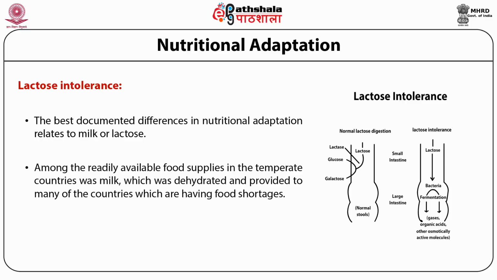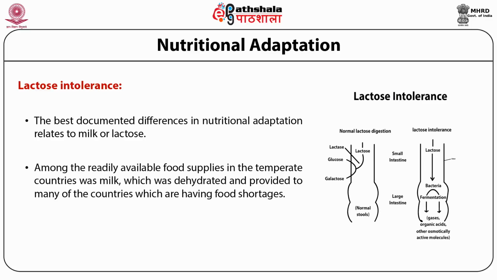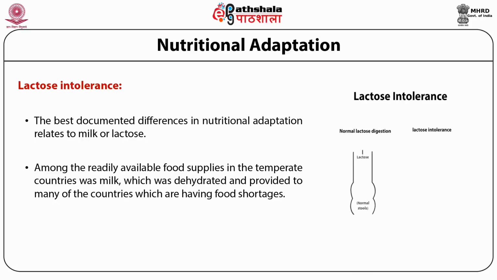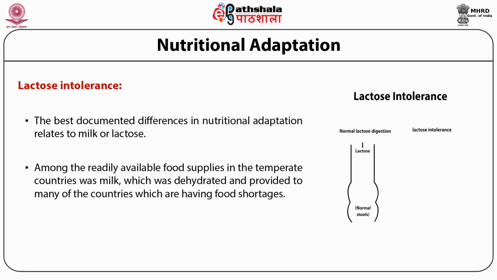Among the readily available food supplies in the temperate countries was milk, which was dehydrated and provided to many of the countries having food shortages. By the 1960s, it was observed that in many of the populations, these food supplements often resulted in widespread diarrhea,